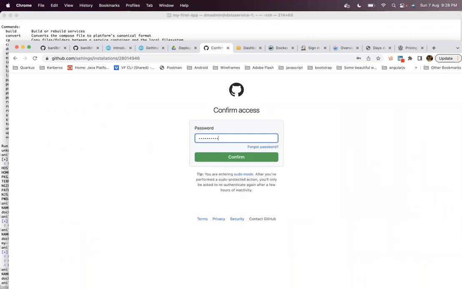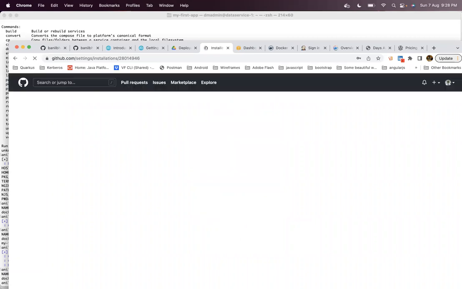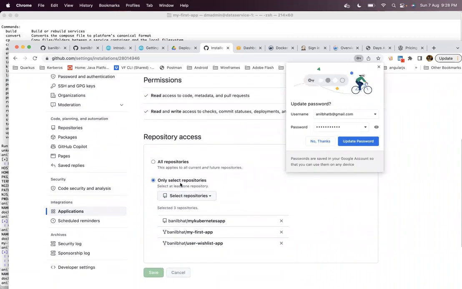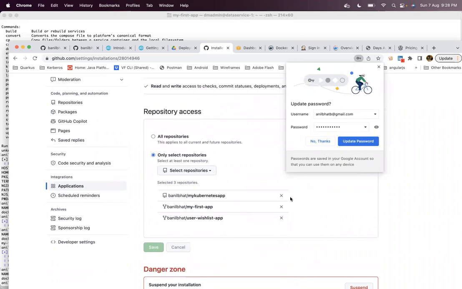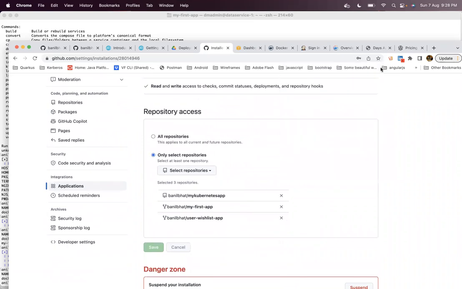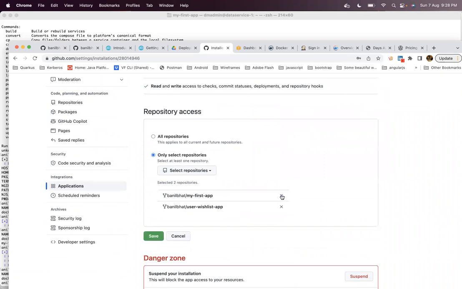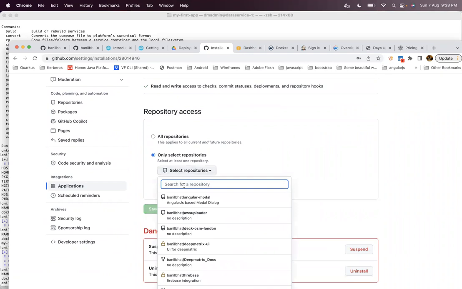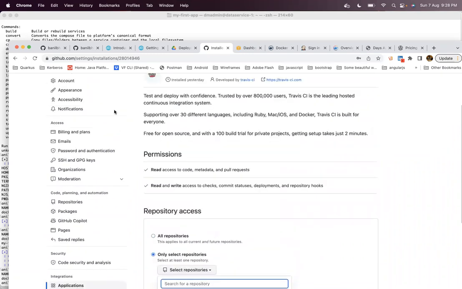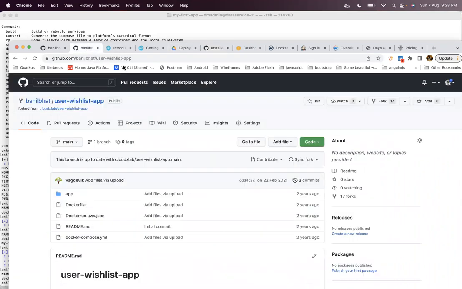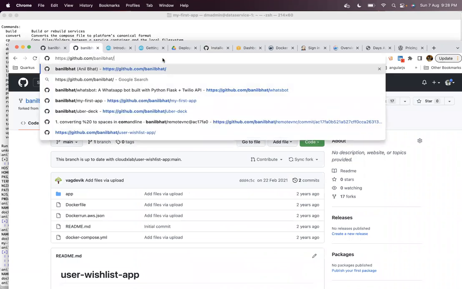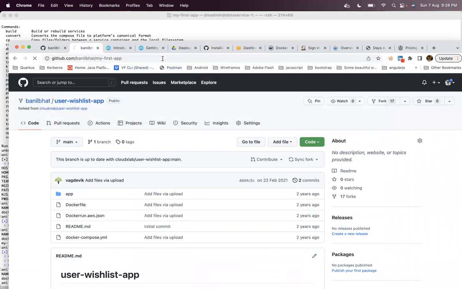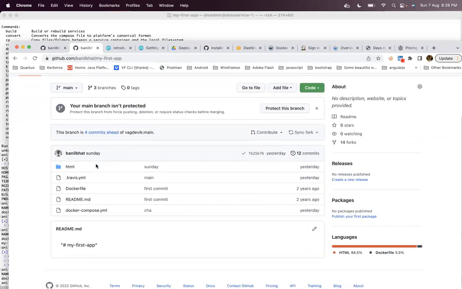Now you can add as many repositories as you can. I have already added a few repositories here, so I can delete them and re-add them. Now let's see. Our repository of interest is my first app, right? This is the application that we have run right now.